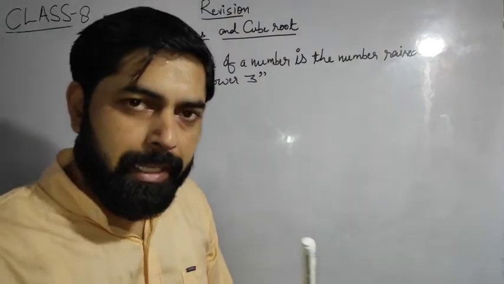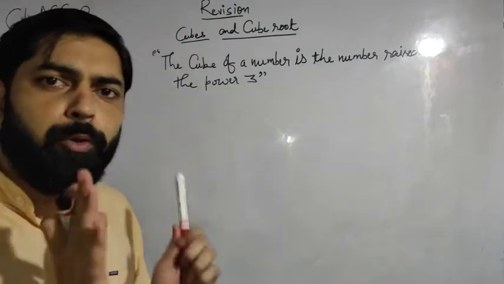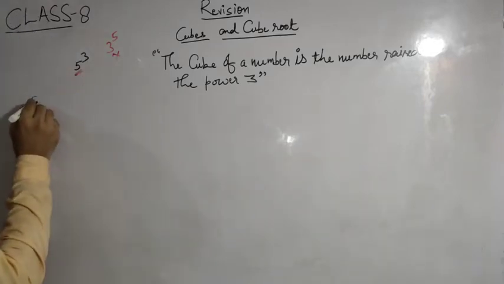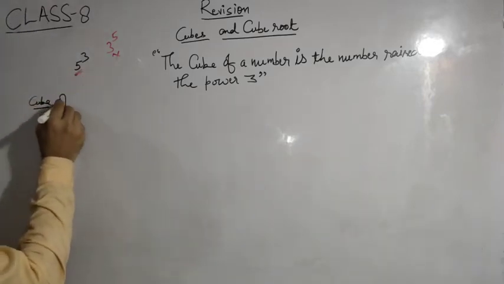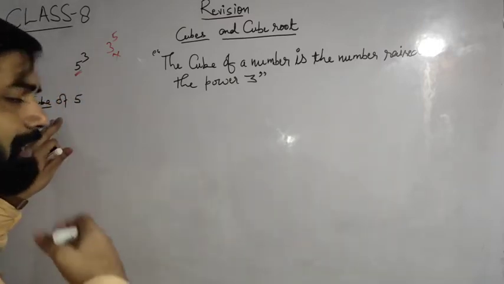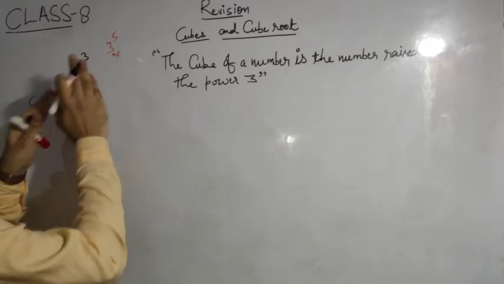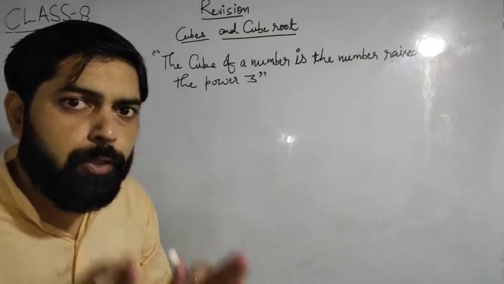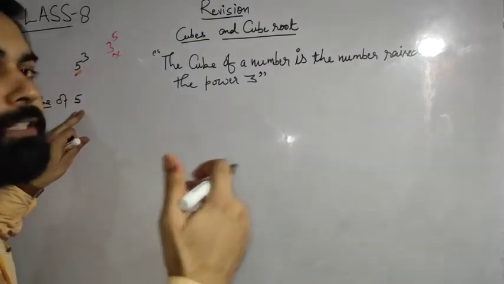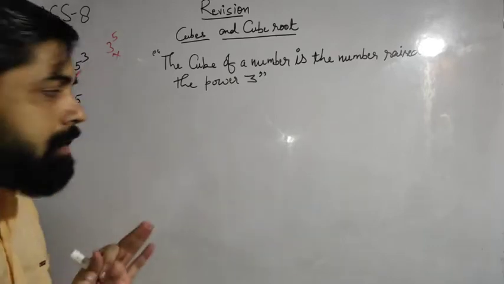किसी भी नंबर की पावर अगर 3 है तो वो उसका क्यूब होगा उस नंबर का. Like, what is the cube of 5? In this type of question, how can we write it? You know cube means power 3. Keep in mind, cube means power 3. अगर किसी क्यूब का फाइंड करने के लिए आप उसकी पावर 3 राइट कर दो. ओके, पावर आप 3 राइट कर दोगे तो आप उसकी क्यूब फाइंड कर लोगे.